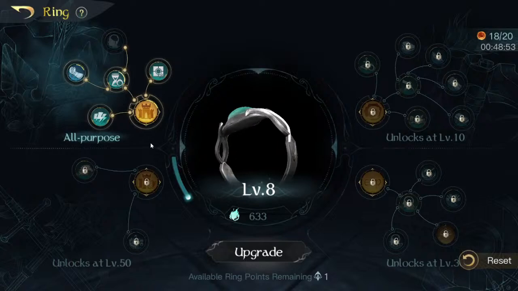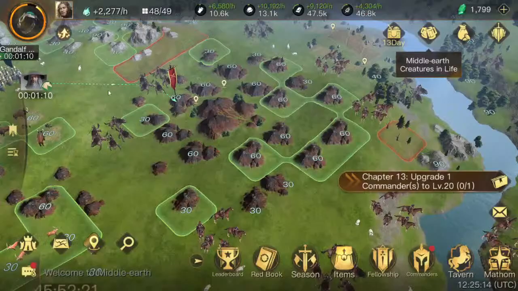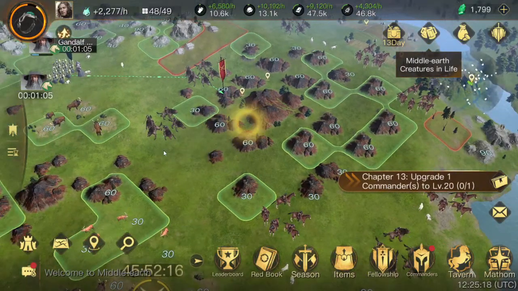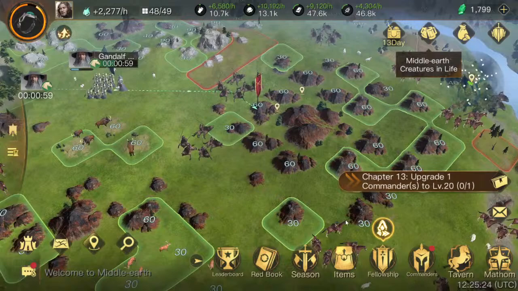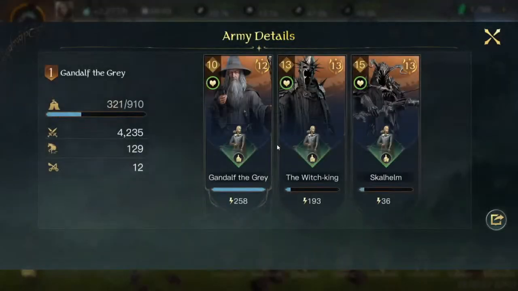Ring wise, we're up to level 8. Hopefully we'll get to level 10 soon, and when we get to level 10 we're going to have a go at taking some 130s, I think, and a 150, so we can really get going. But for now it's a slow slog. So on this one we're countering with the fact that we've got all small units,